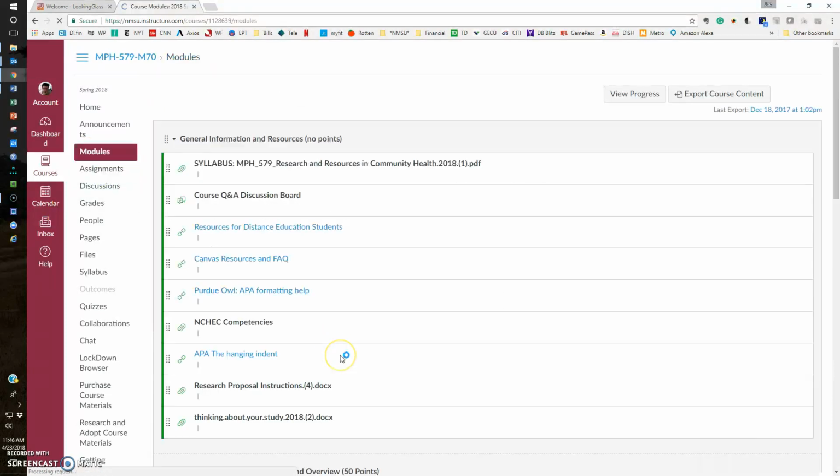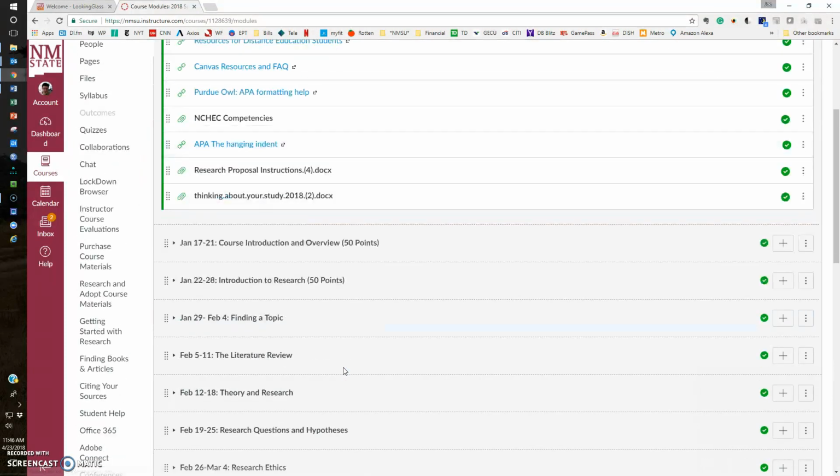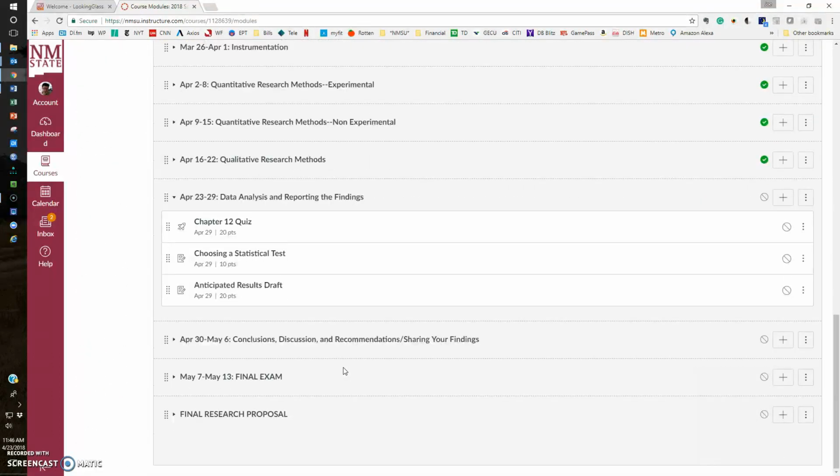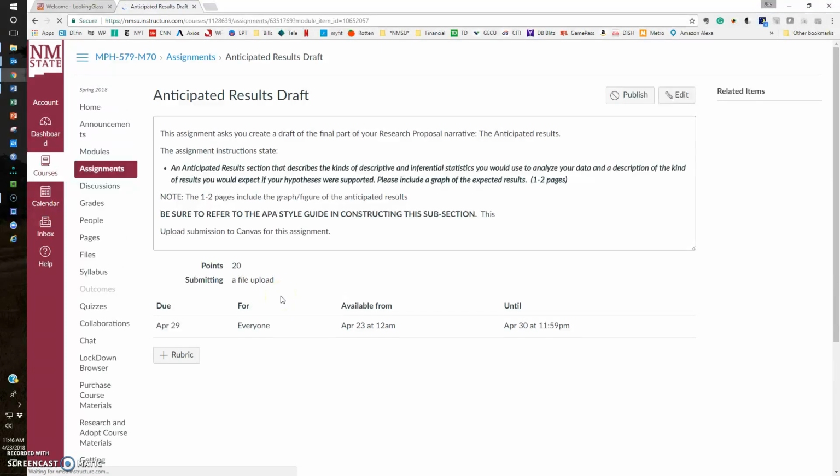And then lastly, and this kind of dovetails with that assignment, is the third assignment, which is to draft the anticipated results section. The anticipated results section is the last part of the narrative for your research proposal. I've reprinted the instructions here,